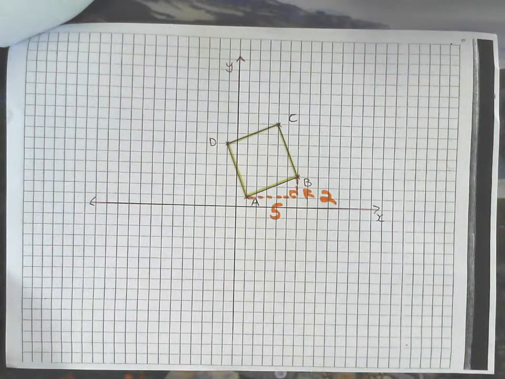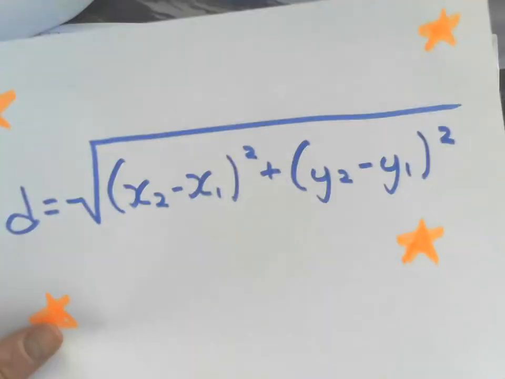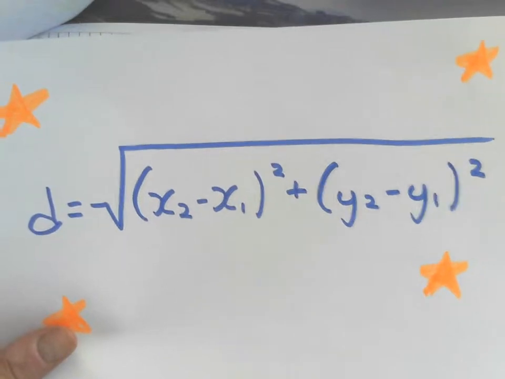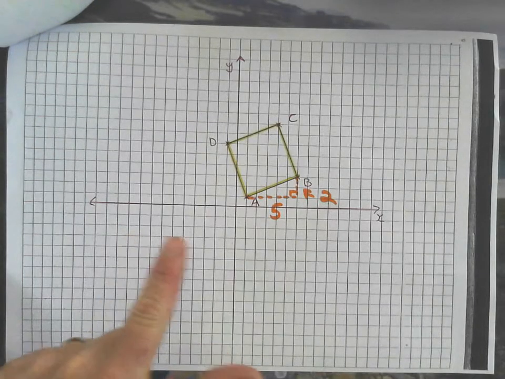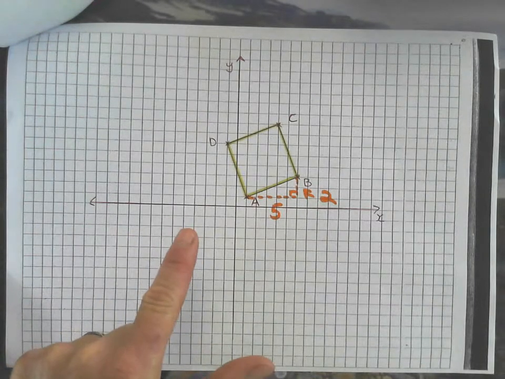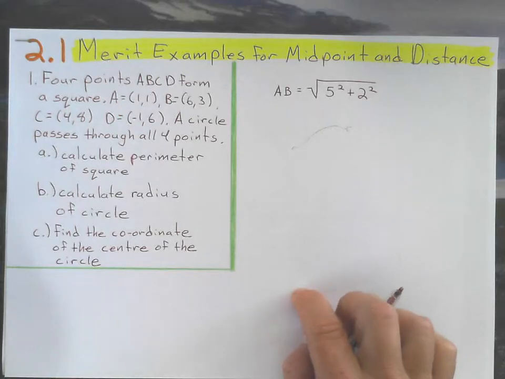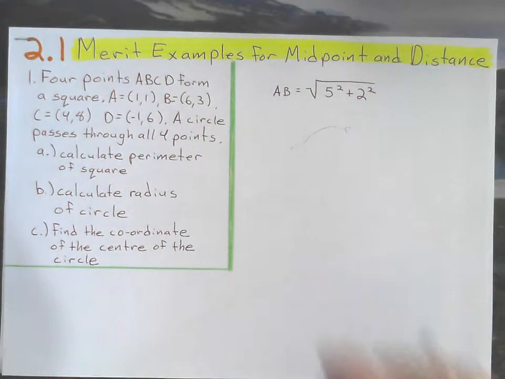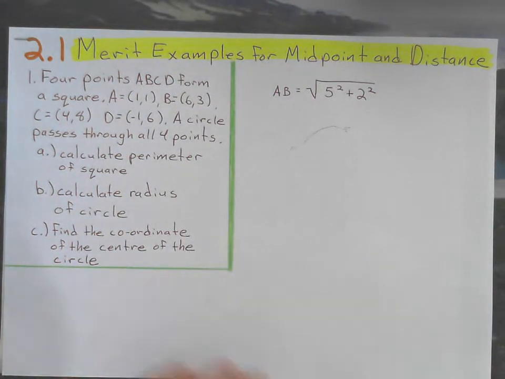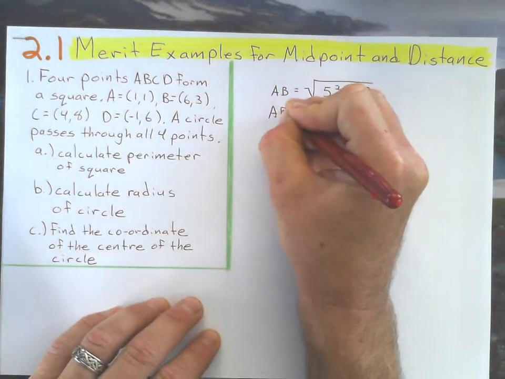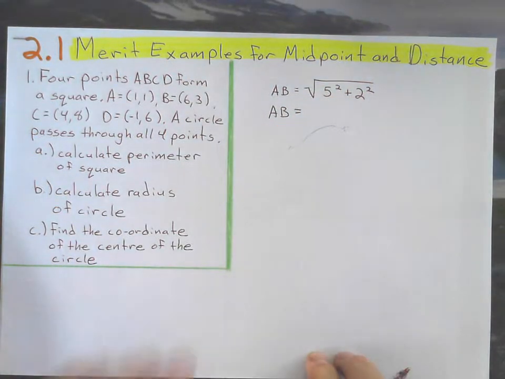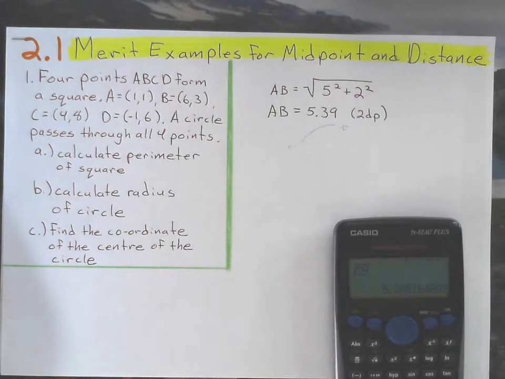So, if you see what I mean, instead of plugging in x2, x1, y2, y1, I can do a very simple Pythagoras problem to find the sides there, which would look like this. Okay, much easier than plugging in the distance formula. So, what do we get for that? We're going to have to plug that on the calculator, and that equals one side. I think I got